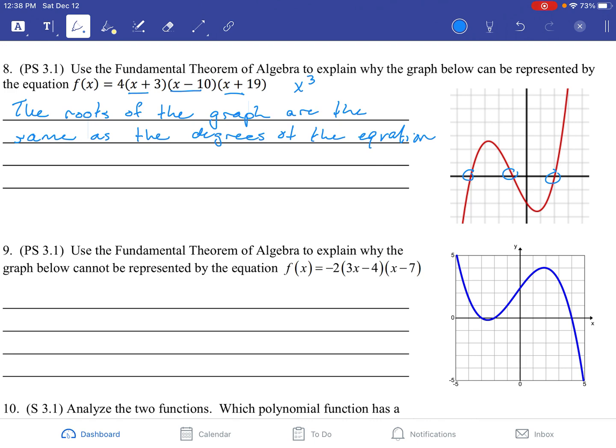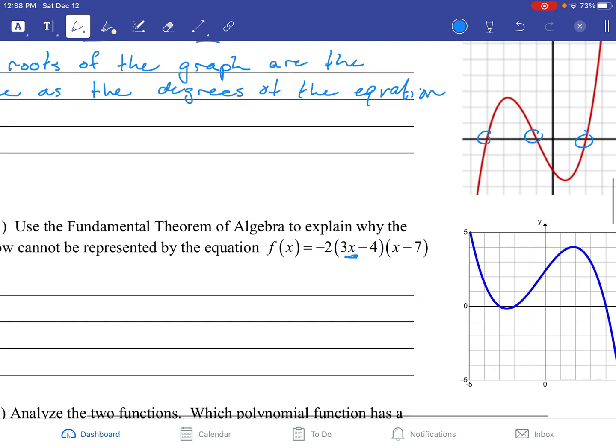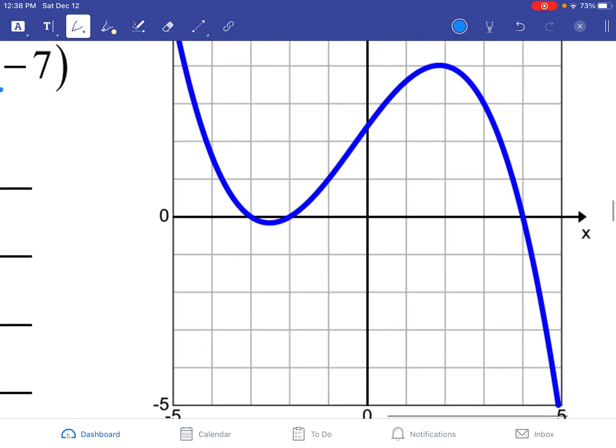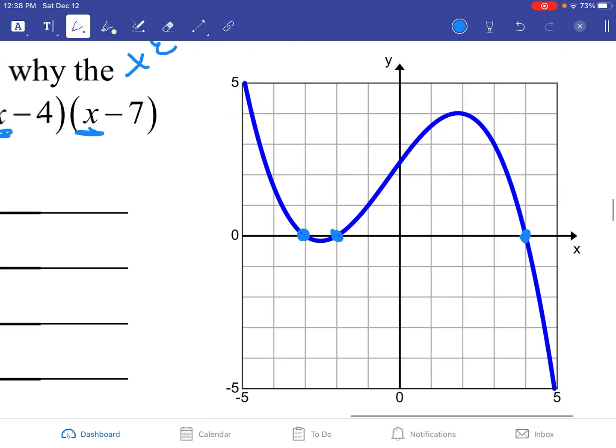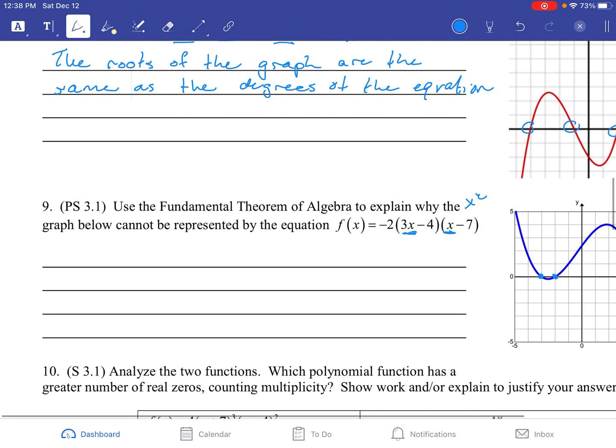Here we've got to say why it cannot be. Well, in this case, we have 2 x's, which means our degree is going to be x squared when it's all said and done. But if you look at your graph, it crosses the x-axis at 3 different spots. Well, that can't happen. So this is a no,